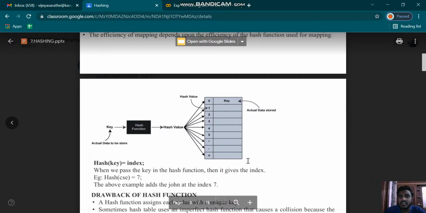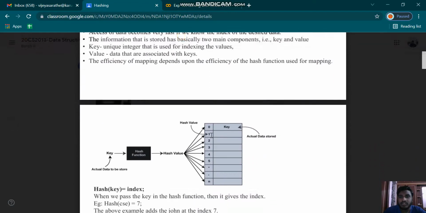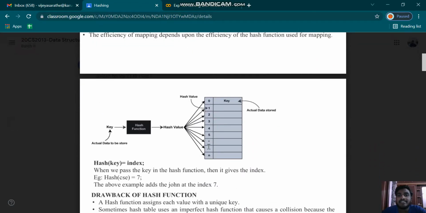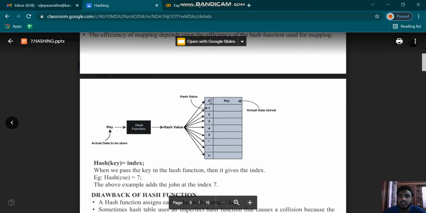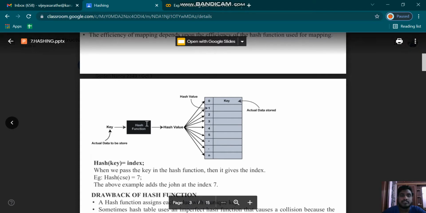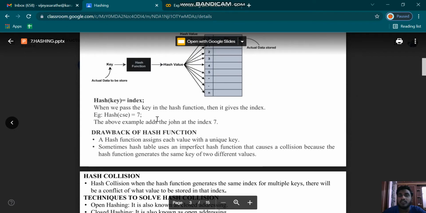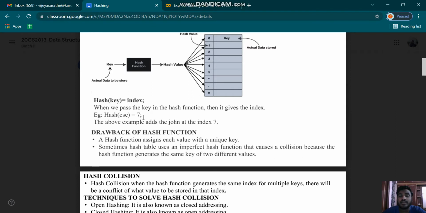See here, this is a hash table. It can contain any number of values. Suppose the hash table size is 9, it has indexes 0 1 2 3 4 5 6 7 8. These are the hash values, and these are the key elements we are going to insert, delete or search. So the format is key and hash value. The hash key is equal to the index. This is how we insert an element, I mean, we assign data to an index.